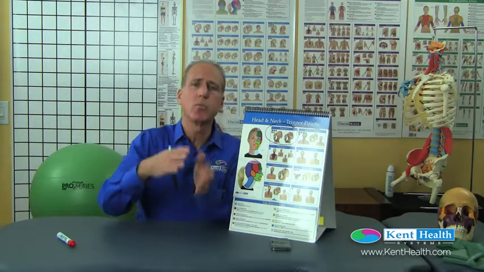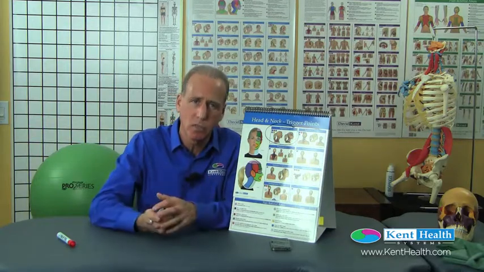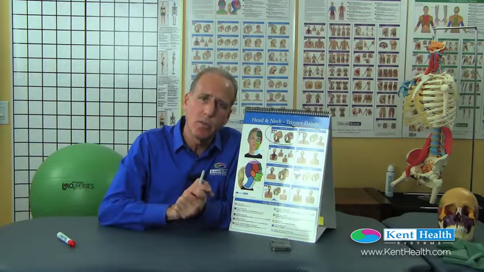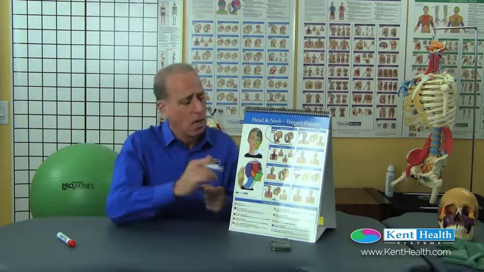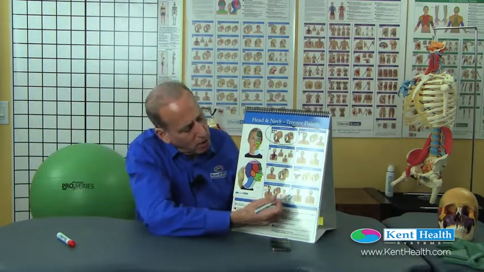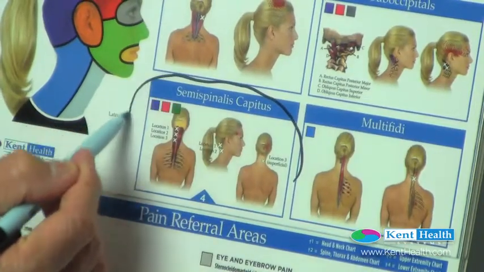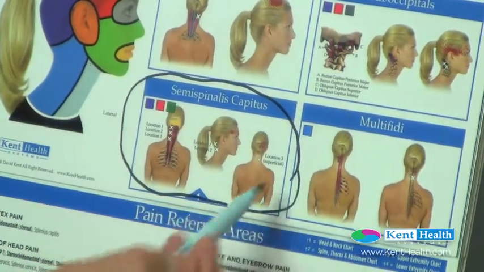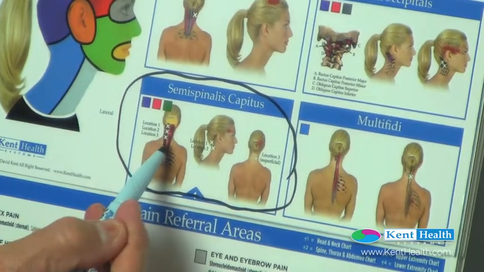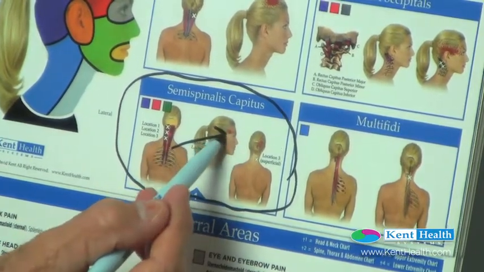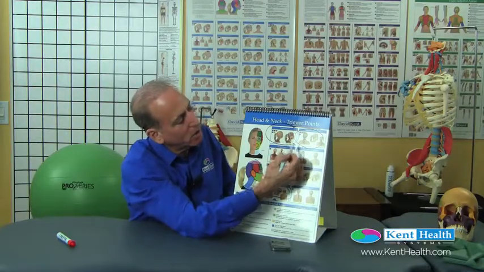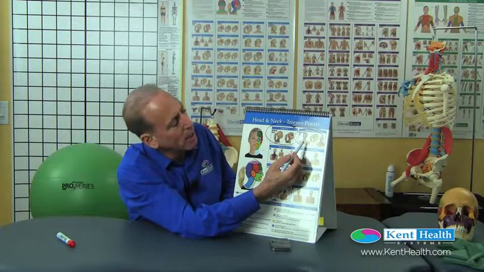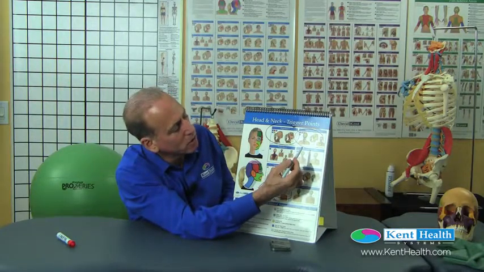And one of those things is how their structure is held in space and how much stress these tissues are under. So let's take a look at some other myofascial trigger points that you'll commonly be discussing with your clients. Another one here for the temporal pain, for example, is the semispinalis capitis. Again, referring from the back of the neck, many referrals into the temporal region and into the back of the head as well. Also, as we go a little bit farther into the neck, we have the splenius cervicis,